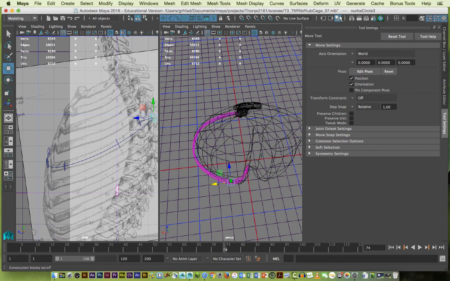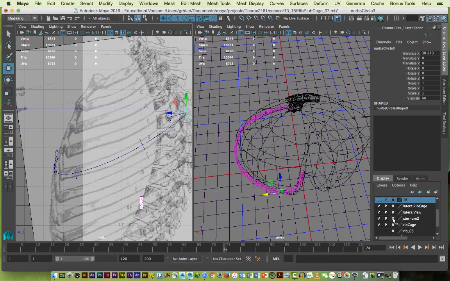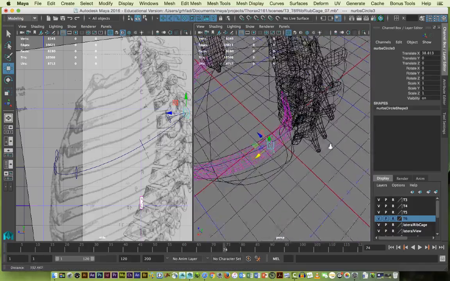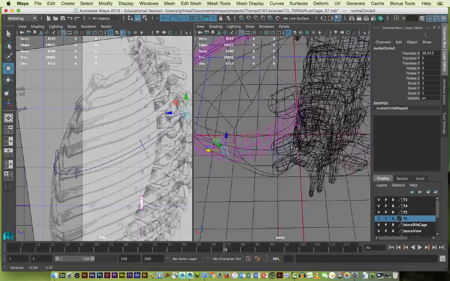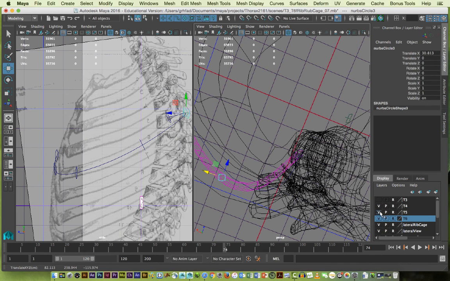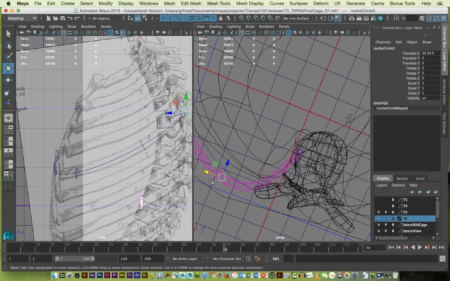And what's important right now is I need to have my vertebra back on here so that I can get a rough idea of whether that rib is going to reach. And it looks like it's okay. Let's see if I come back a little more. You can see that's the transverse process I'm looking at. I think what I'm looking at is, yeah, T5. Okay, so that's the one I want